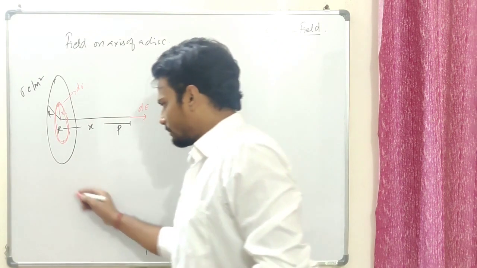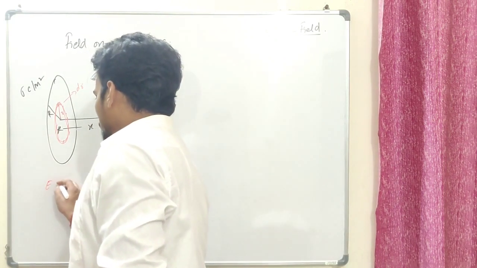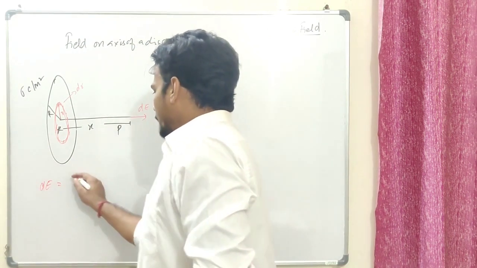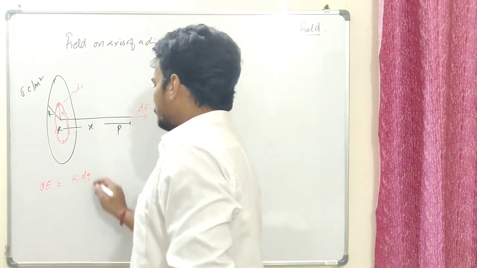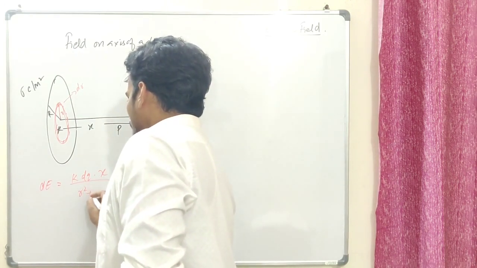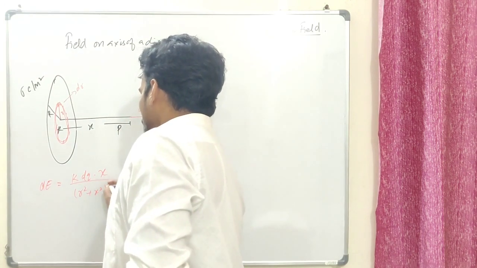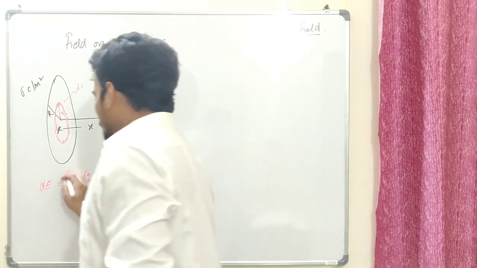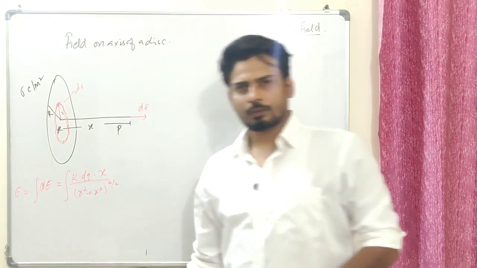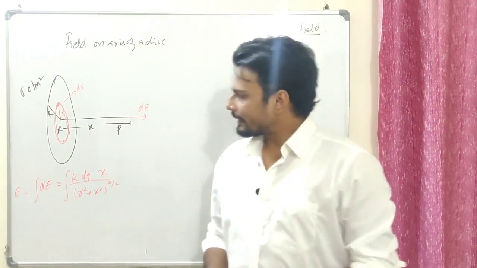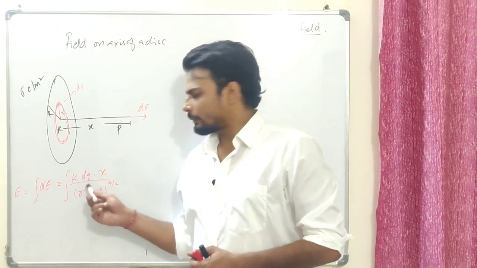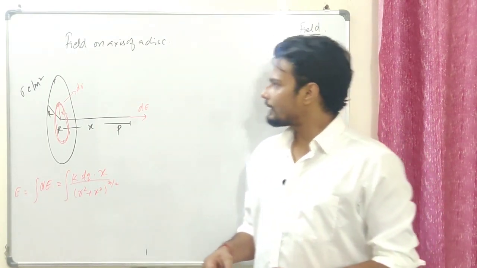So the process is very simple. To find the electric field at this particular point, dE, let's suppose, I'm going to have k dq, this distance x, over (small r square plus x square) to the power of 3 by 2, and I'm going to integrate this to find the net electric field. That is the process, right? Now we should understand what we need to get along with this thing. I need to know the value of this small dq, isn't it? Well, finding dq is pretty easy over here.